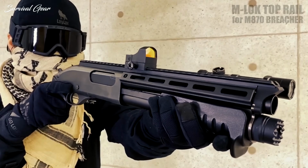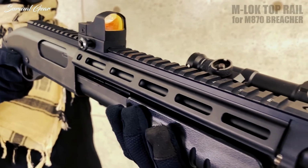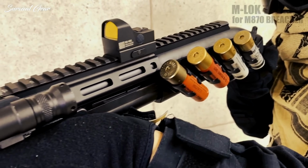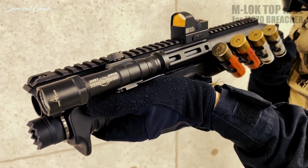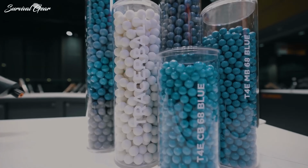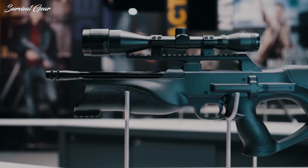Airsoft is a highly competitive sport that requires the right weaponry to win the day. Multiple factors go into winning an airsoft game. For example, coordinating your attacks with your teammates and learning tactics will give you an edge over your opponents. However, anyone who has expertise in airsoft battles knows a high-quality weapon can make all the difference when you're in